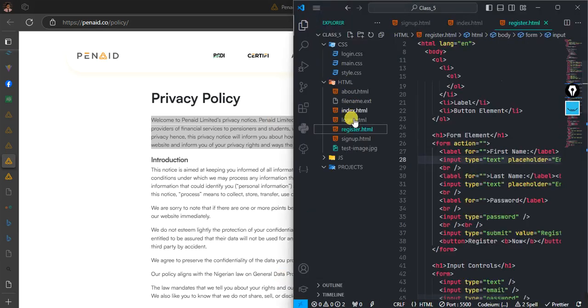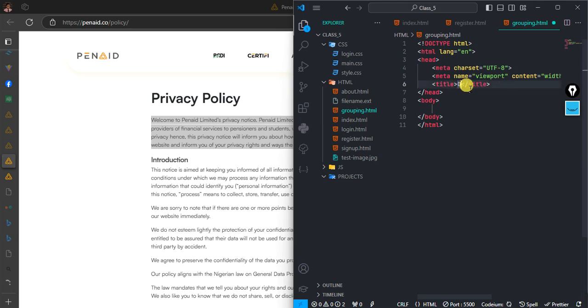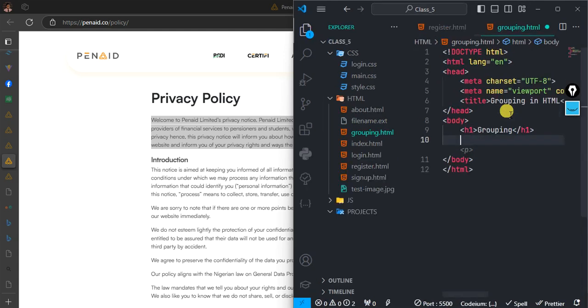So let me create a page. Here we have a group, so I have grouping.html, and generate the page content, so grouping in HTML. Most of these things you will not see any changes from what you have been working with, but later on in CSS, that's where you start seeing them in action. So when you want to group elements in